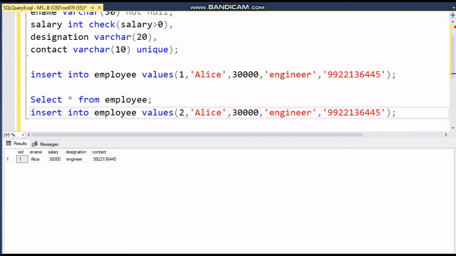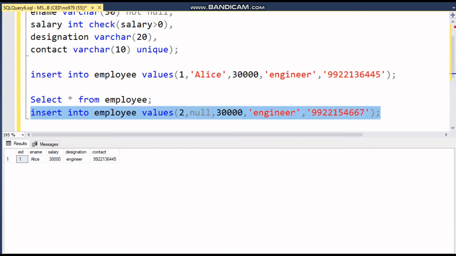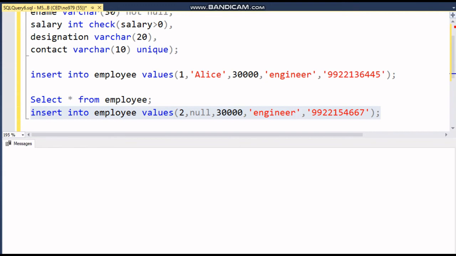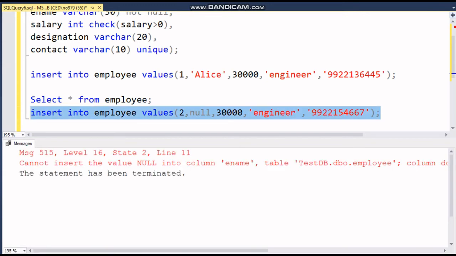Now instead of name I'm writing null. We will change this number this time. Now we will execute this. See, there is an error: you cannot insert null value into column ename, as we have taken the not null constraint. So the ename should not be null.